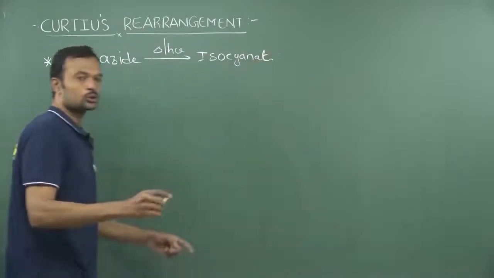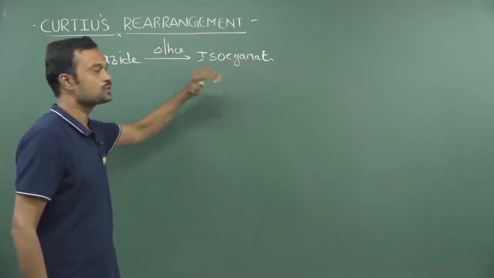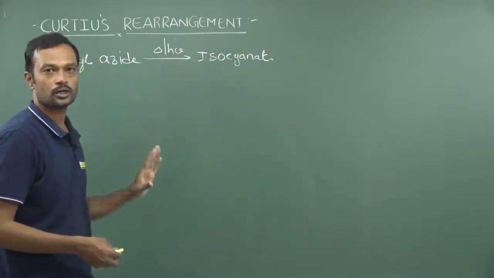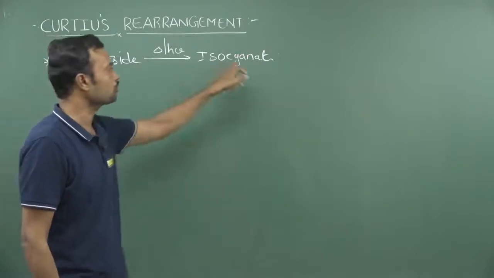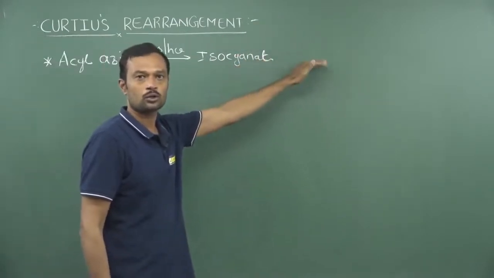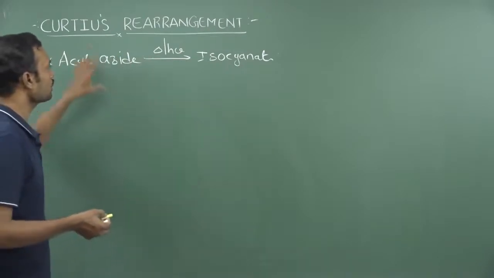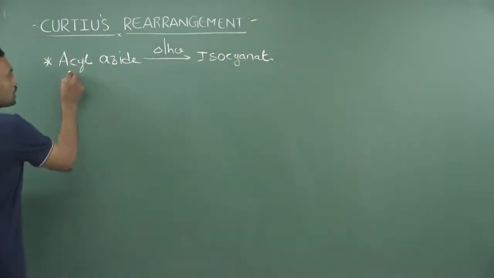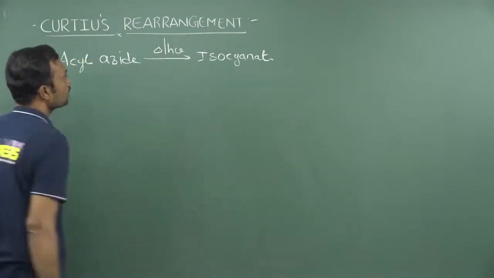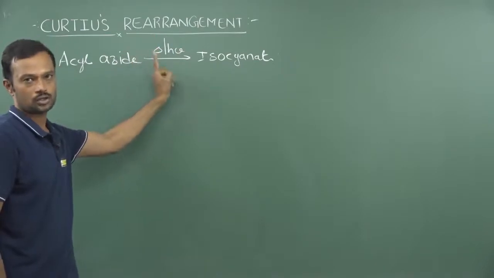So if you go through the Hofmann rearrangement, this isocyanate is not isolated, but in this case the isocyanate is isolated and gets converted into the corresponding primary amine when you treat it with a water molecule in acid medium. Otherwise you can take water in basic medium, and it still has a tendency to convert isocyanate to the corresponding amine. So only the conversion of acyl azide to isocyanate is the Curtius rearrangement. It is a thermal or photochemical interconversion.